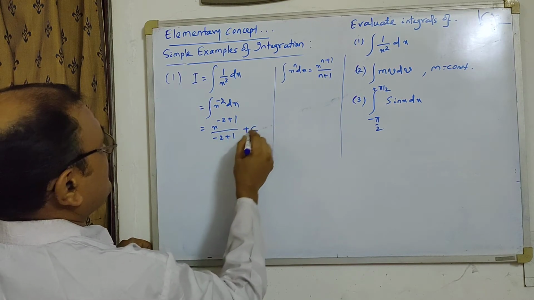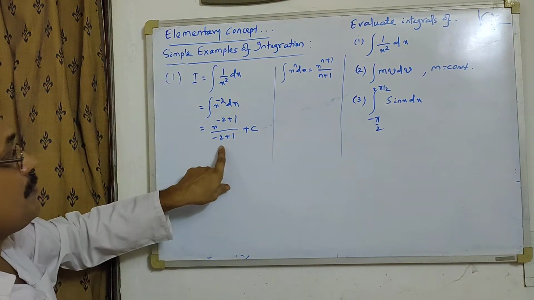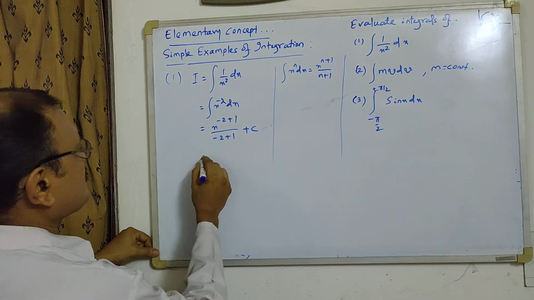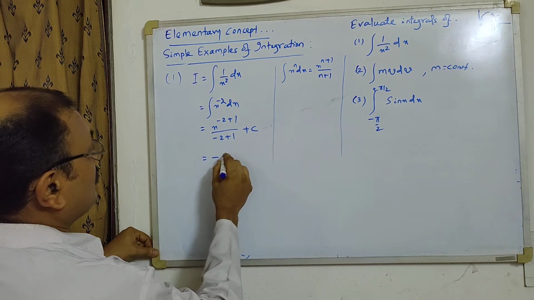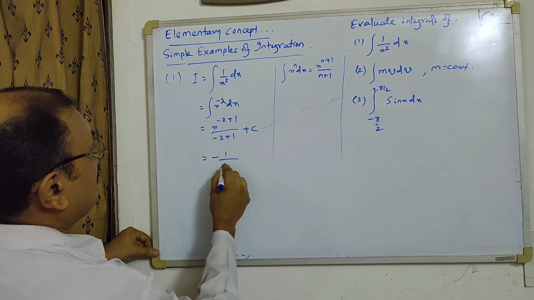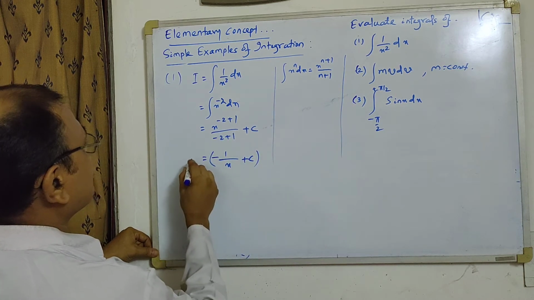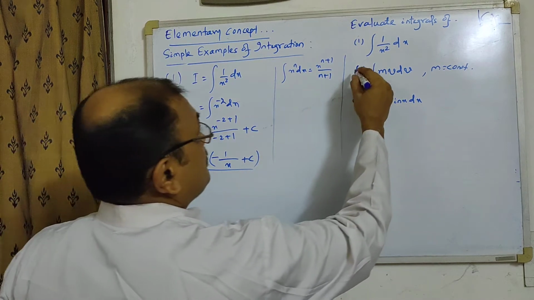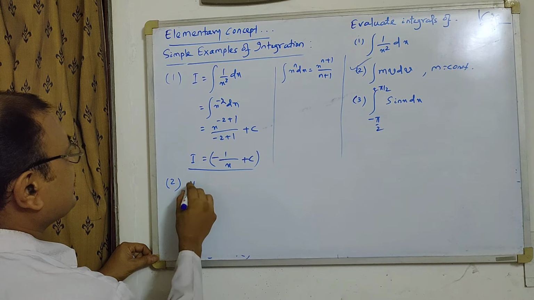and with a constant. Since this is an indefinite integral, we add a constant c after evaluating the integrals. So therefore the result we get is minus, that is 1 upon x plus c. This is the final integral of the first one. Similarly, the second one, we can write integral of